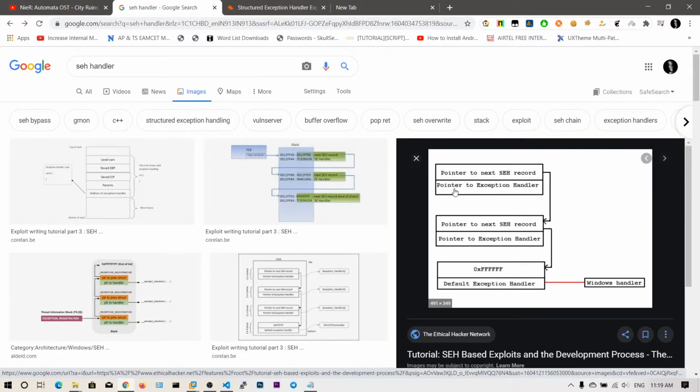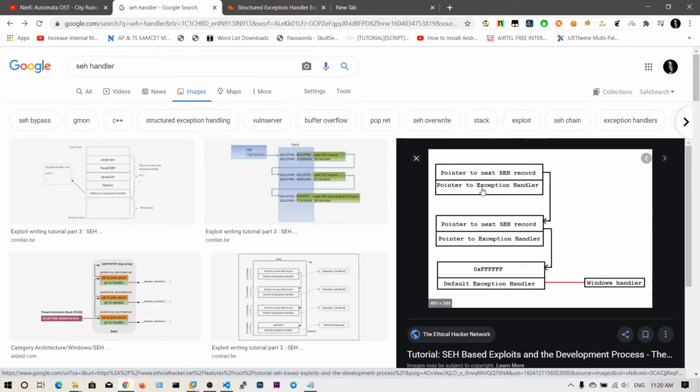As you can see, this is a structured manner, that is, it's a data structure and it contains some nodes. The first one points to an exception handler. Suppose think of this as a divide by 0 exception handler, and there is a pointer. If there is any divide by 0 exception, then this handler will handle it.